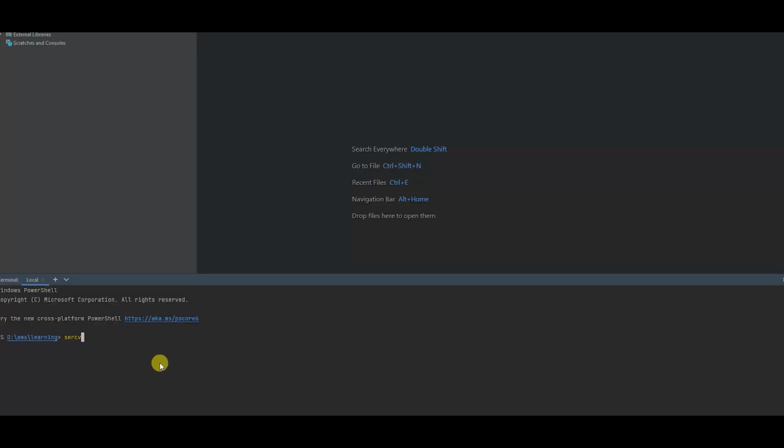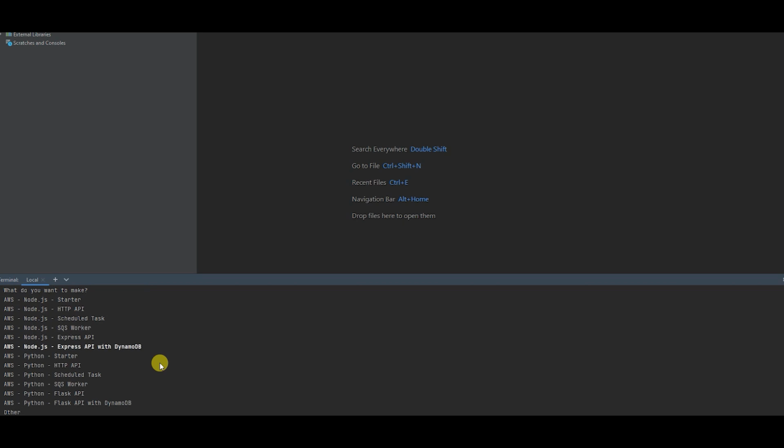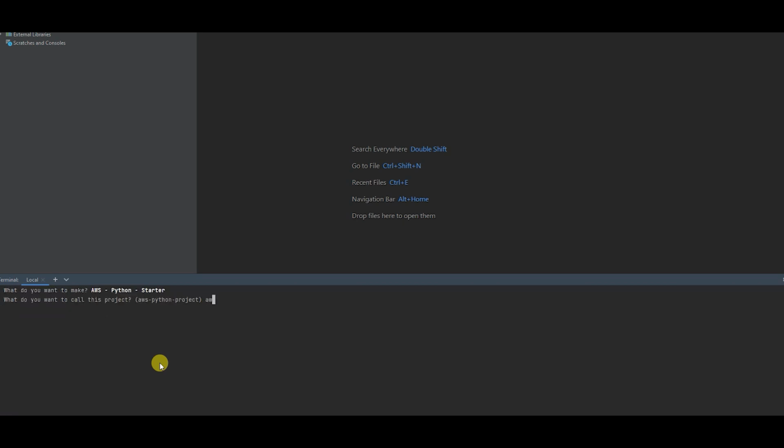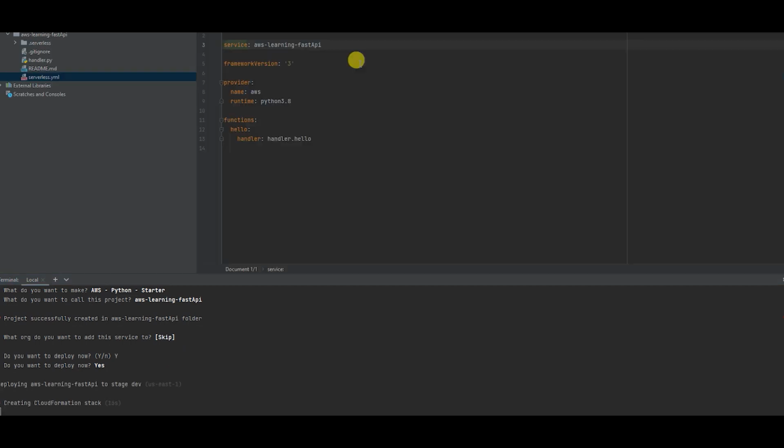First of all, let's create a fresh serverless template for our new FastAPI project. So this is our serverless framework basic template,